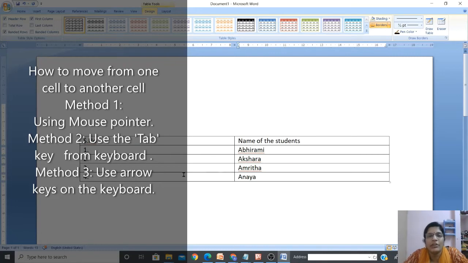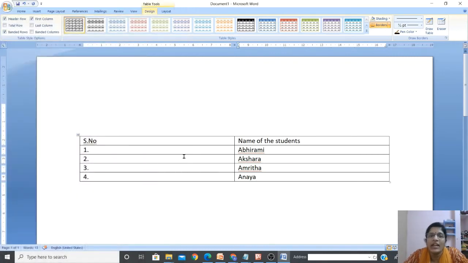Now I feel that this table looks too big in size. Am I correct? So we can just reduce the size of the table also. There are many ways you can do it. I'll teach you one by one. The first method is, see, after serial numbers, such a long gap is there, right?